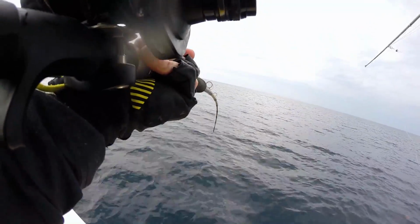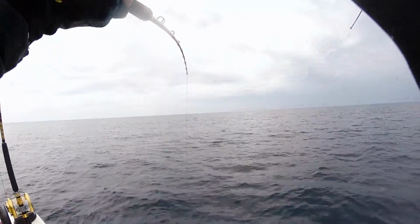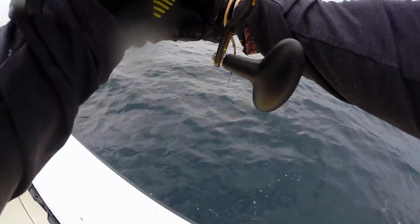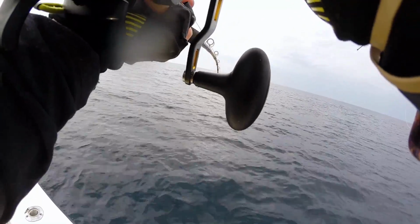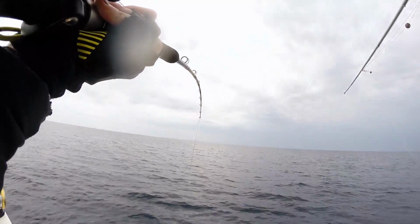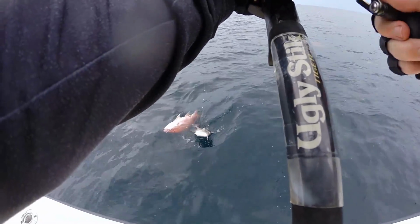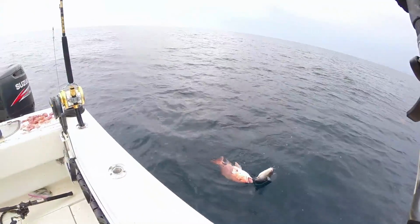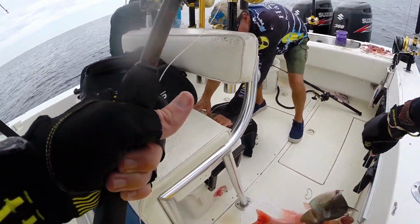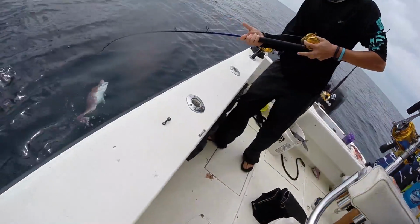Oh man. Jeez. Dang, I might have a snapper on this one. Snapper and a trigger. Yeah. Big old snapper. Yeah, pretty decent. You'd think if there's this much activity on the bottom, then predator fish should be